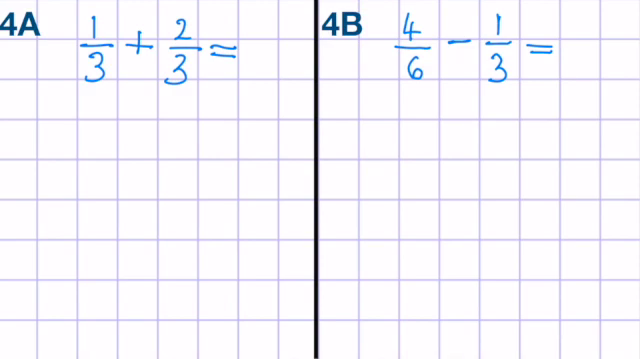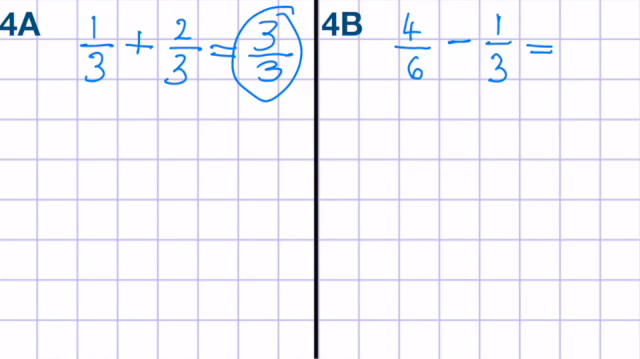We have the same again, except for B, we have a subtraction. It's the same process. You need to change the fractions to make them have the same denominator. Pause the video, then we'll go through the answer. Okay, 4A. So in this instance, 3 and 3, that's the same denominator, so it can stay the same. 1 add 2 is 3, and just like the last example,